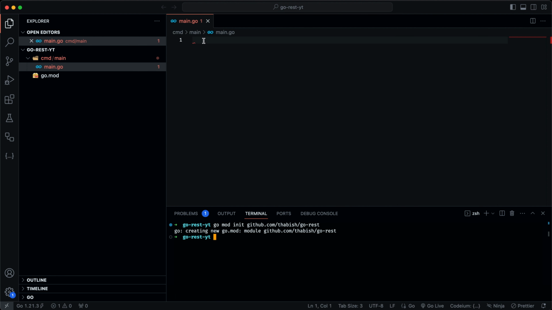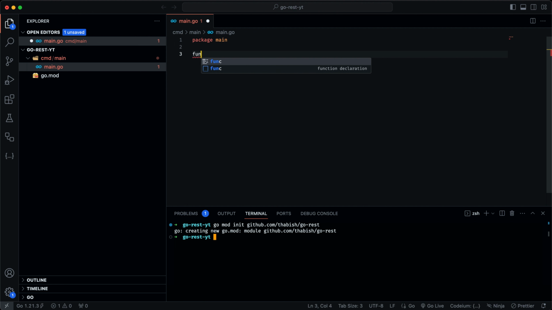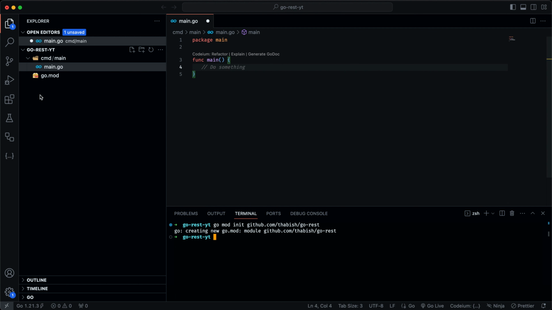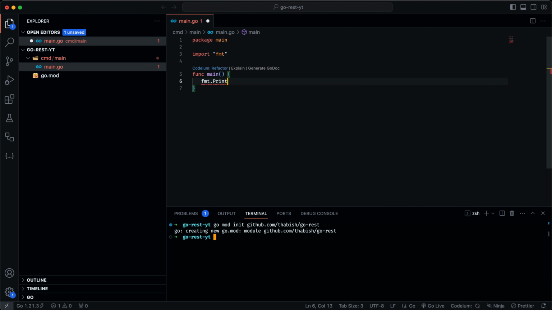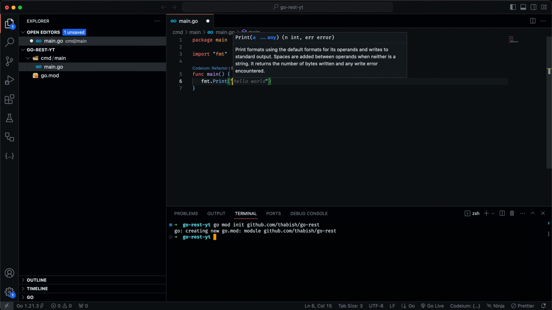Now it's giving me an error because there's no package here. Whenever you're creating a new file, you should always mention the package main, and then we'll have to create a function called main. This is from where our application starts. Any Go project starts from this function right here. I'll just print something in the console just to see whether everything works. I'll just say hello world,